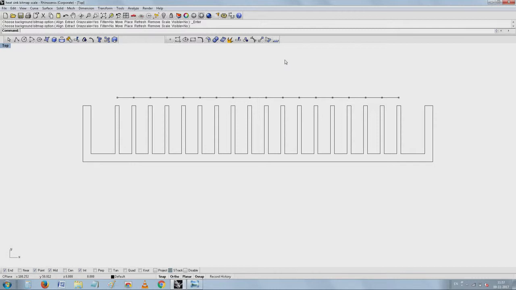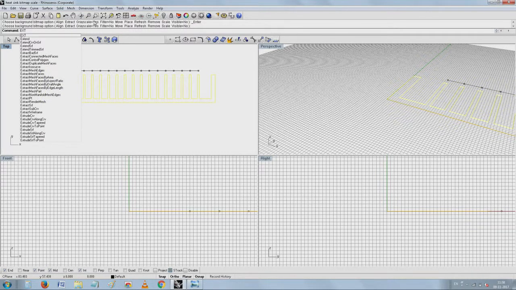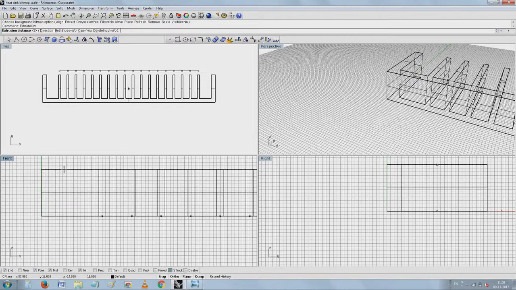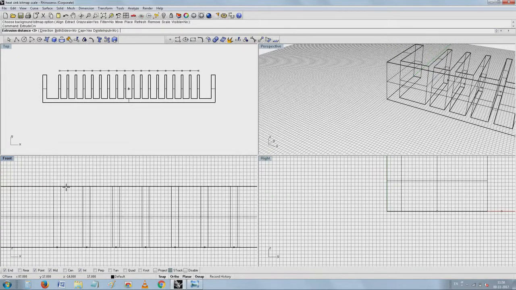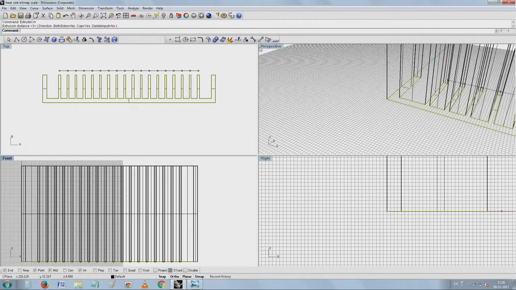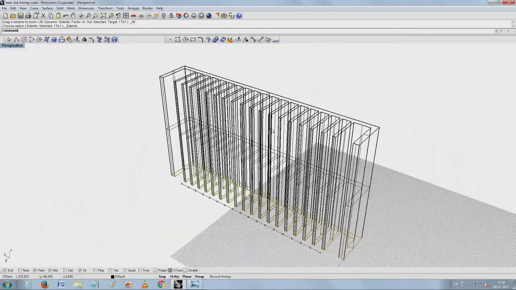See, I have this beautiful heat sink profile. Why I am doing this is, now if you go into the 3D version of it, see, I have this beautiful heat sink which is extruded in the Z direction.